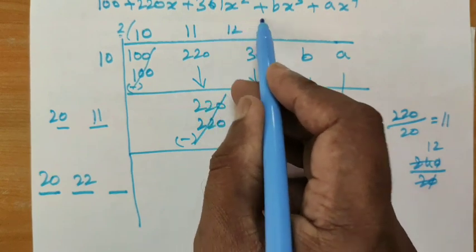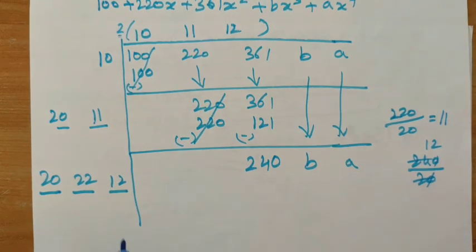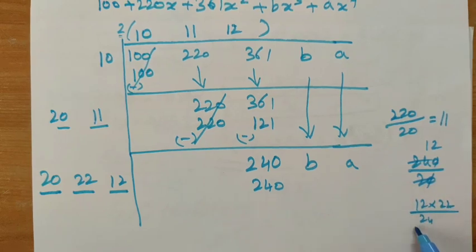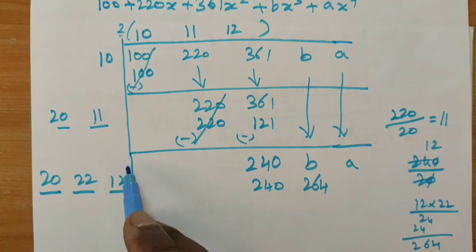And then the number is 12. Put the number 12 and multiply the terms. 12 into 20 is 240 and then 12 into 22, right? 12 into 22, 2 12s are 24, 2 12s are 24, that is 264 and then 12 12s are